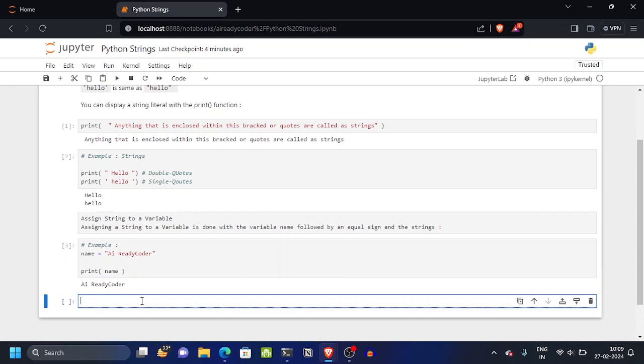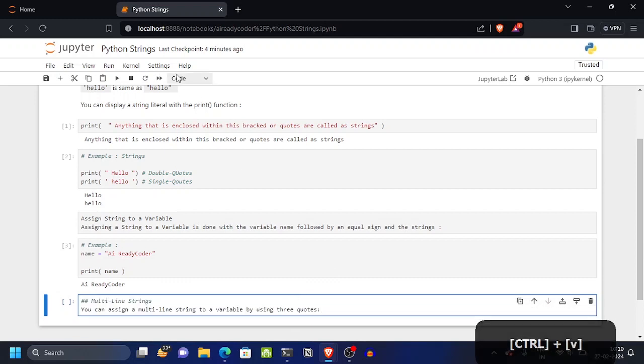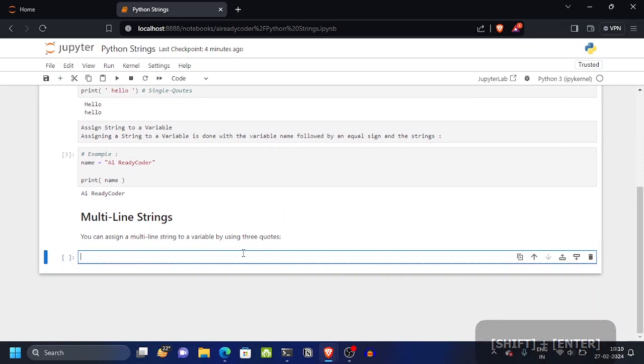In that case you can use multi-line strings. Let me show you how. You can use the three quotes feature to display the text in multiple lines. For example,